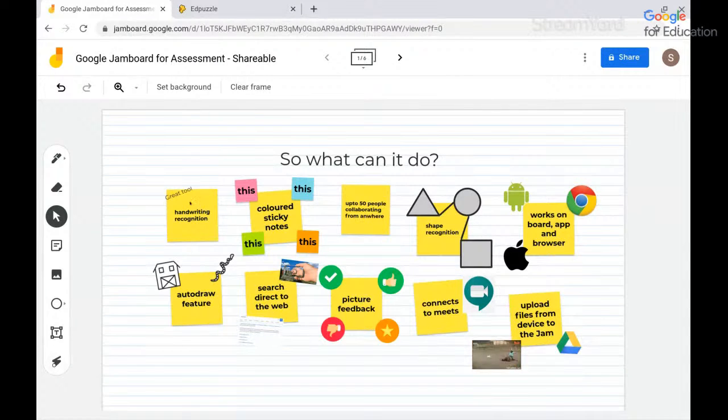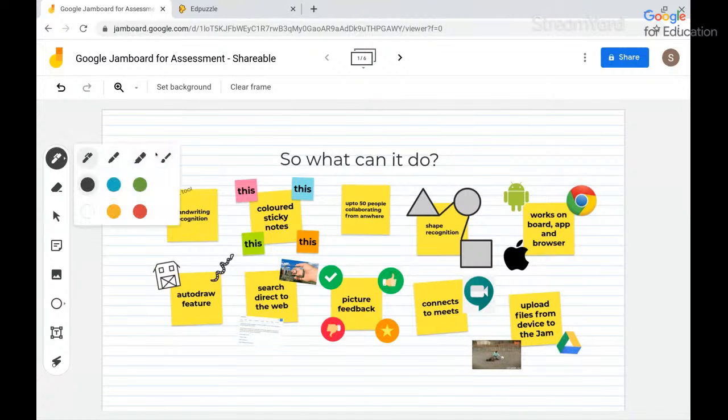So we've got the handwriting recognition. Again, this is a Play Store tool. On the actual PC version or the web version, you don't have the ability to do the handwriting recognition. So what I get the teacher and the students to do is go through a process of downloading the app onto their Android or iOS device. So you've got different variations in regards to the pen